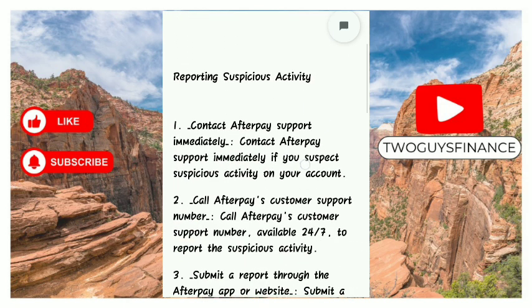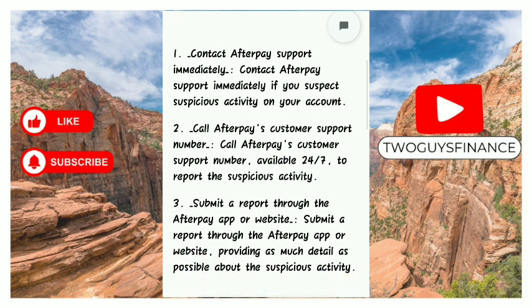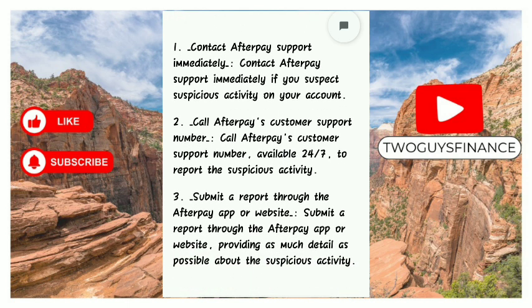So to report suspicious activities, you can contact Afterpay support immediately if you suspect suspicious activities on your account. You can call Afterpay's customer support number because they're available 24/7 to report the suspicious activities. You can also submit a report through the Afterpay app or website, providing as much details as possible about these